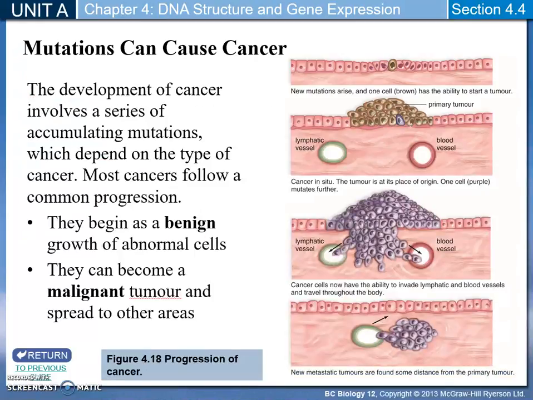Mutations can also cause cancer, and the development of cancer involves a series of accumulating mutations, which depend on the type of cancer. Most cancers follow a common progression. They often begin as a benign growth of abnormal cells, and then they can become a malignant tumor and spread to other areas. Here's an example of that, where you have some epithelial cells here,